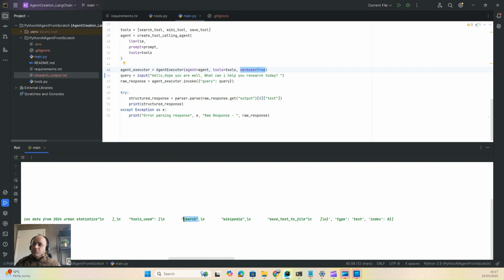One is the search tool that we had looked at, the second one is Wikipedia, and the third one is the save text to file. So basically with the empowerment of Wikipedia, with the empowerment of the DuckDuckGo search engine, and with the empowerment of Python and some more libraries within Python, and using the LLM model, this is all possible. And AI is really an